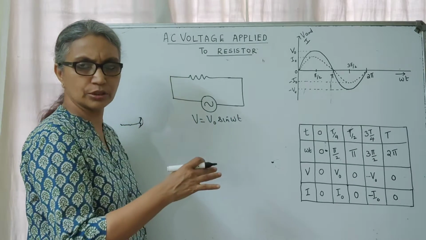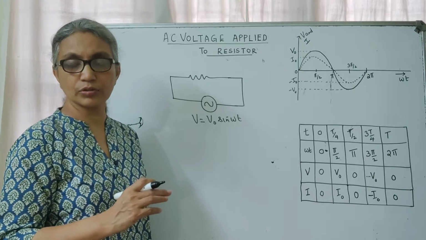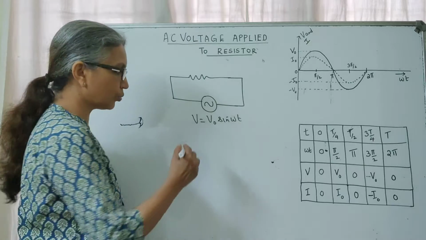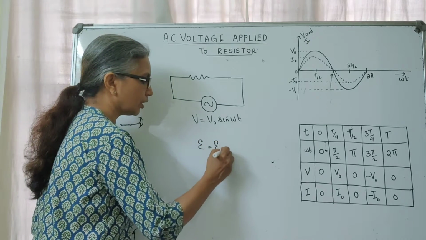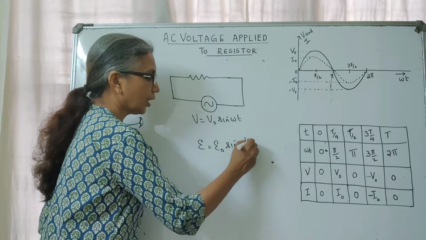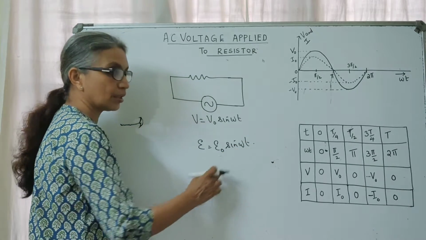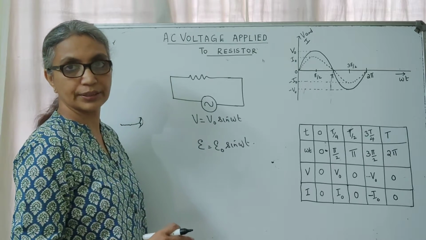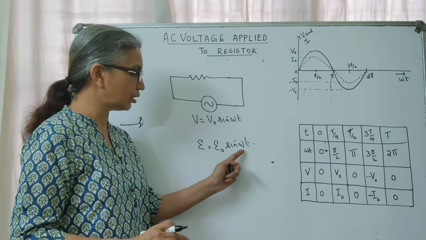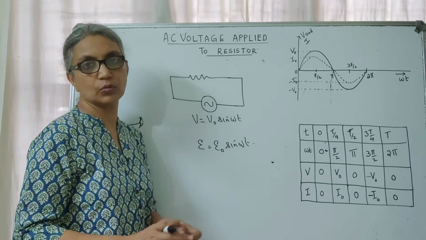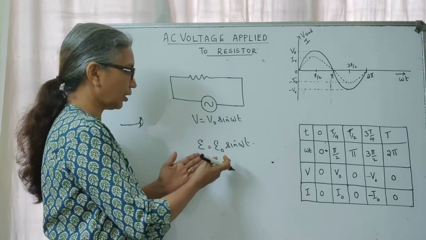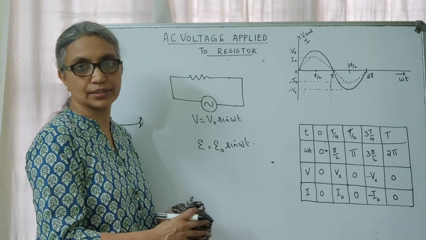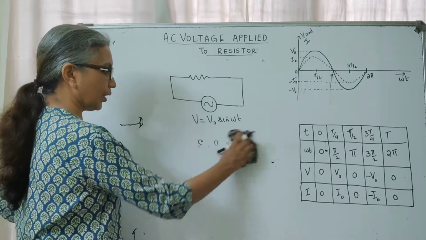which is not unfamiliar to you because in our previous chapter on electromagnetic induction we have the AC generator whose output was given as E equal to E0 sine omega t, and then we discussed that this sine omega t shows you that the voltage output of an AC generator is not a constant voltage, it continuously varies harmonically with time. So the same thing I am just writing here, this is the potential difference. So we can also represent it as V equal to V0 sine omega t.